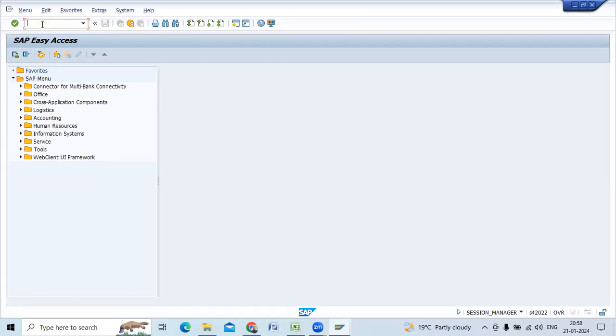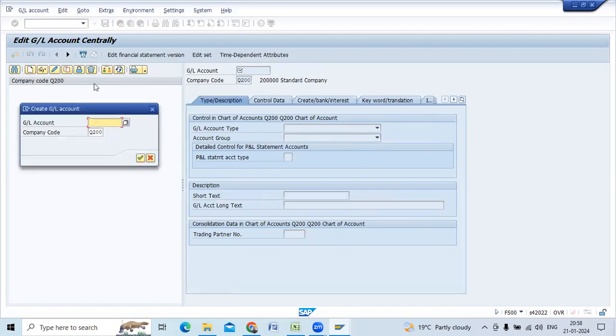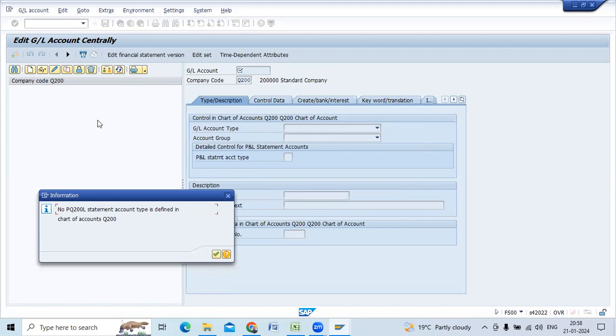So for example, I am going to the SAP system in FS00, and this is my company code. I want to create one GL account. I have to create the cash account, I give the account number, all zeros, and press enter. So the system is throwing an error, no P and L